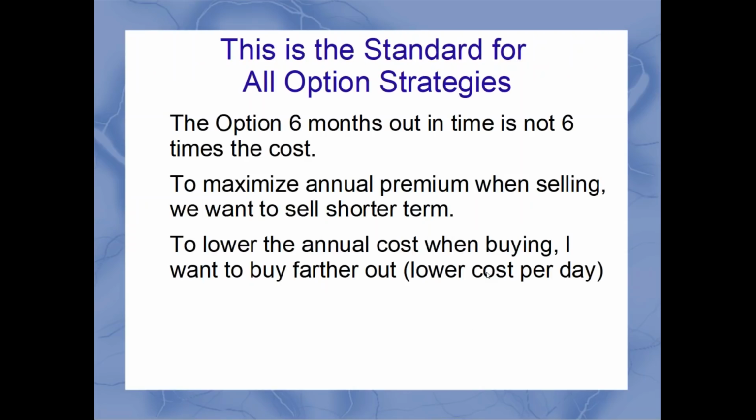Now this time decay curve, it's the standard really for all option strategies. The thought behind the time decay curve applies to anything. If you're selling credit spreads, for example, are you selling credit spreads that expire 6 months out in time, or out to January of 2020? No, you're likely selling a weekly, 2 weeks out, 20 days out in time, maybe 30 days out in time,